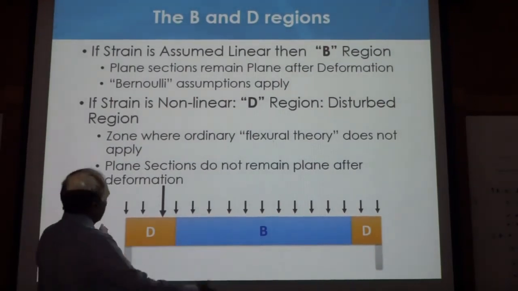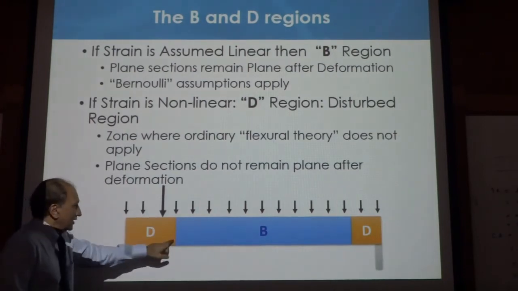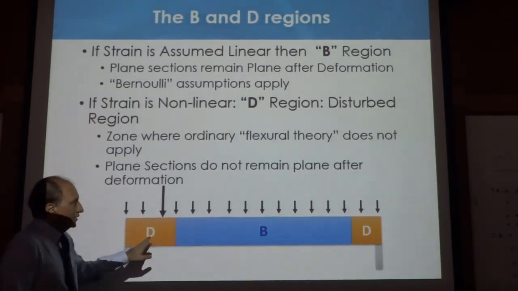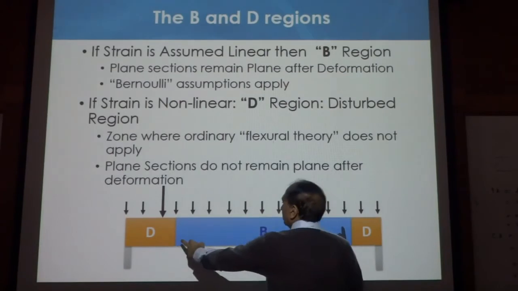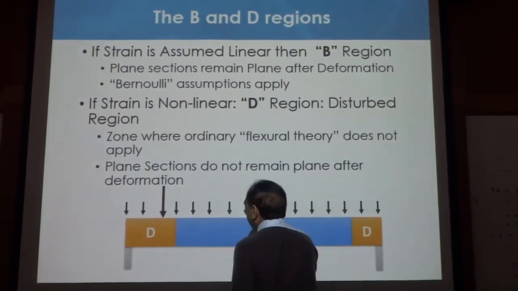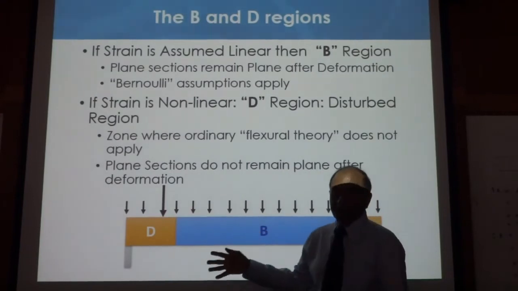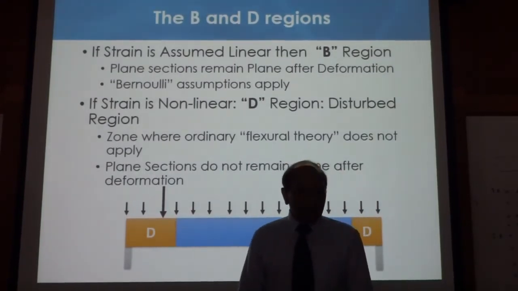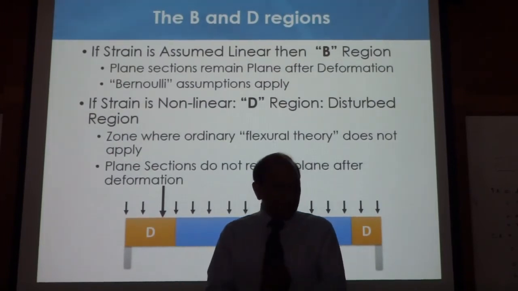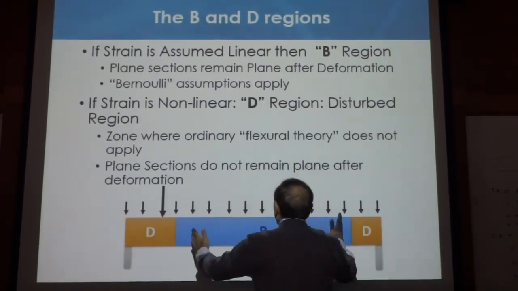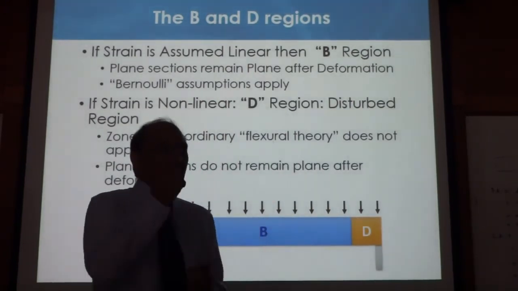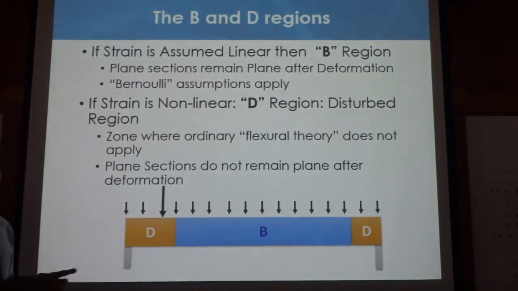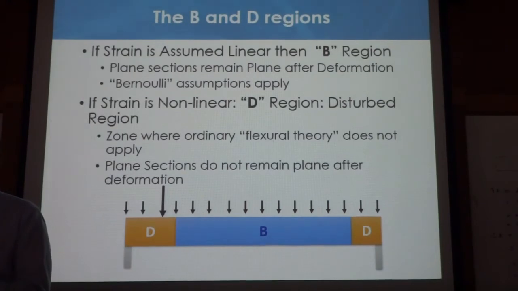This is a beam, and as I mentioned to you last time, this portion is B, this is B, and this is D. Here, ACI says you use certain equations that we have studied before midterm. All of that you have studied, shear, torsion, flexure, everything so far applies to the blue region, not to the orange region. And whatever we are going to study now applies to the orange region, not the blue region, according to ACI. But I disagree.